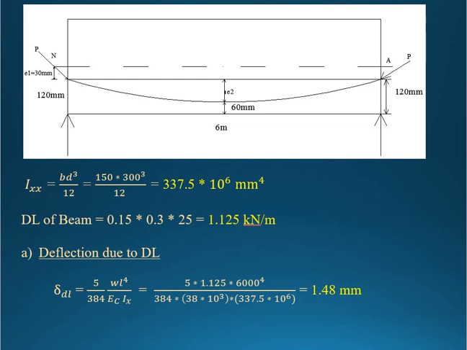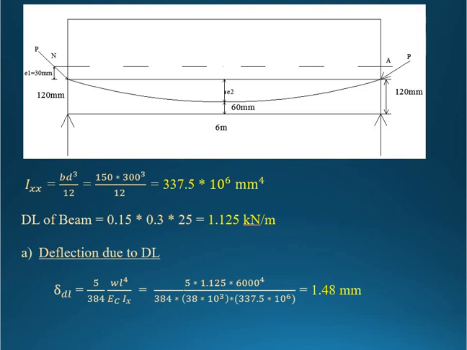Now we are ready with I and W, so we can substitute it here. Before that, why did we take this formula? It is because of a simply supported beam carrying a UDL, or dead load. Obviously, dead load will be there on the beam, so it is acting in the form of UDL. So for a simply supported beam carrying a UDL, the formula is this one. Because of that, I have considered this formula.